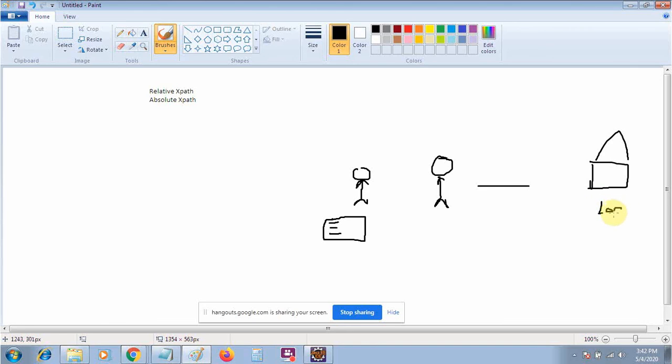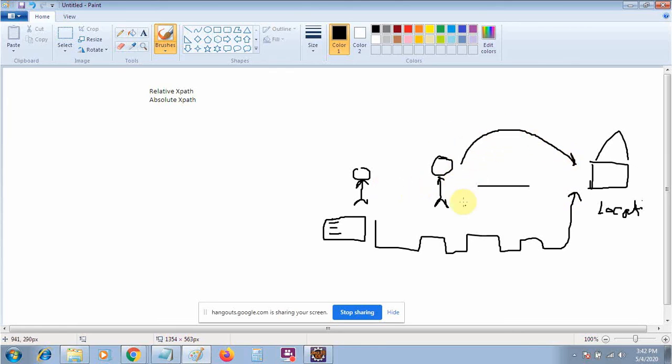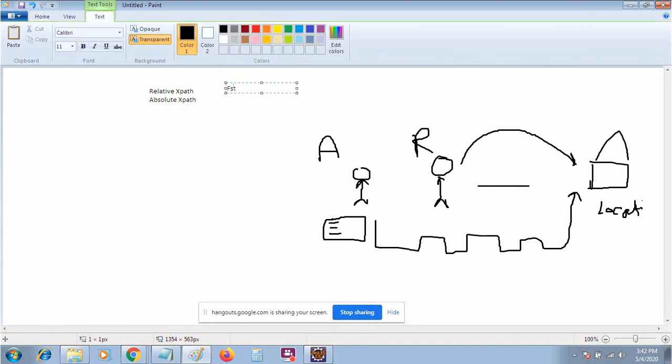Why? Because he will follow the complete map and the exact way, step by step. He will ask someone, he will go to this one. So this will take some time. But the second person who is very familiar with this address will take very less time because he knows all the shortcuts and he will directly reach your home. So the person who is familiar with your location is the relative XPath. Who is not familiar with your location is the absolute. That's the reason relative is a little bit fast, and absolute is a little bit slow.